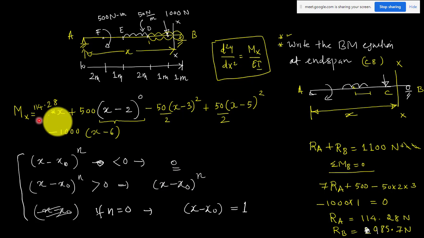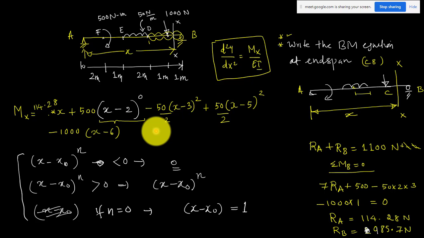That is why we write it even in the moment also. I want to know where the moment is acting, at a distance 2 meter from A. That is why we have to write the x minus 2 term, but the moment should not be multiplied with any distance, so it should be only 500. That is why for the moment we keep power 0, and for a UDL the power will be 2, and for the constant load the power will be 1, x minus x0 raised to 1 in that form.